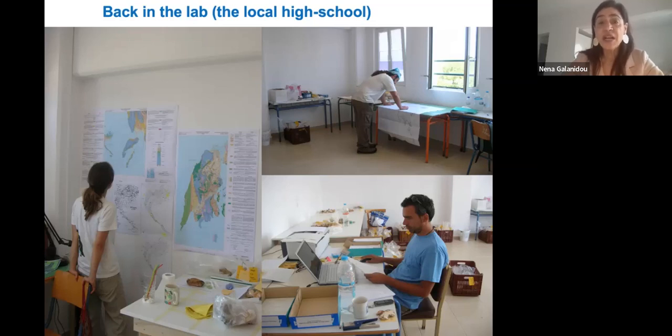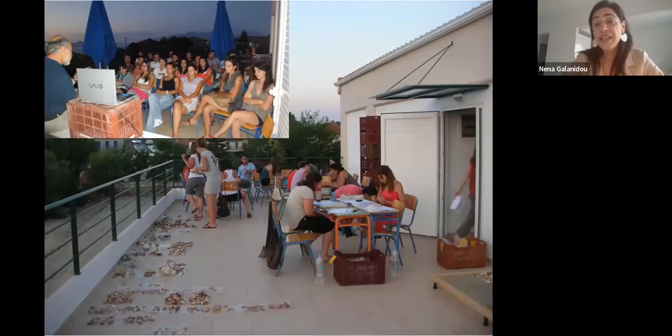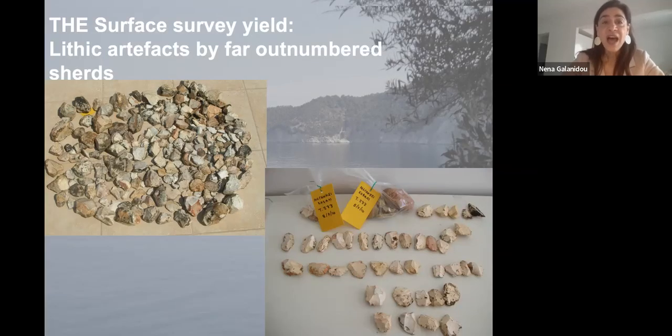we worked on the cartography of the area and the geology of the area. We cleaned, recorded, sorted, and taught, because first and foremost, this project is the University of Crete training project for its undergraduate and graduate students. It's part of the curriculum and it's mandatory for our students. The yield of this three-year survey work